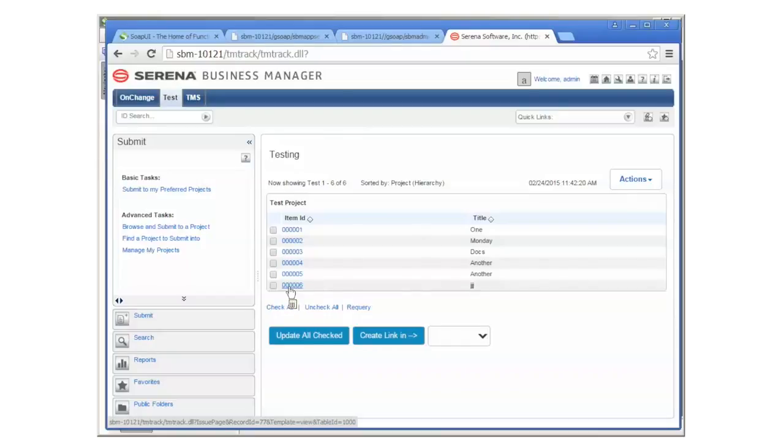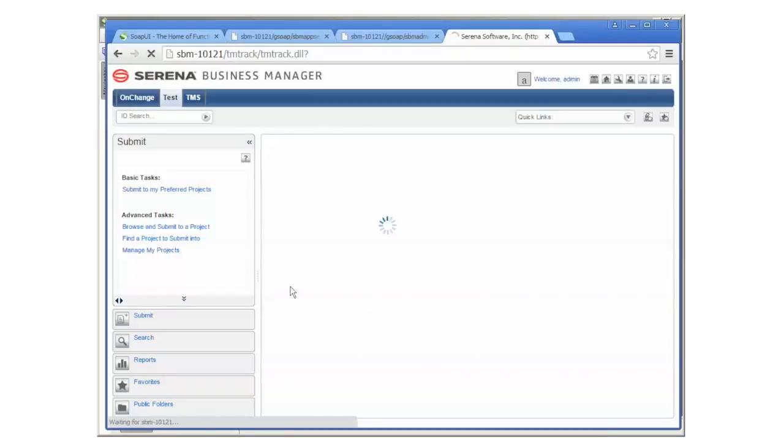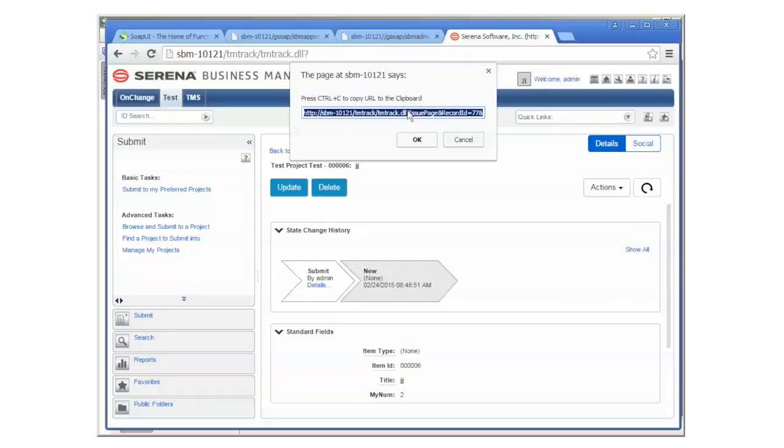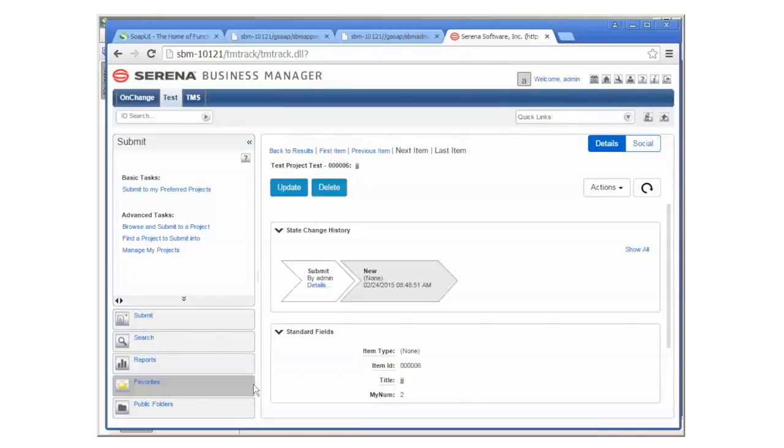If we hover over this item, you can see at the bottom it says record ID 77 and table ID 1000. You notice it at the bottom there, but if you don't see that, you can actually open the item, and if you click the button to say copy URL to clipboard, it'll give you the exact same thing. What we're trying to find here is the record ID is 77 and the table that this item belongs to is 1000. So keeping that in mind, we're going to go back over to SoapUI,